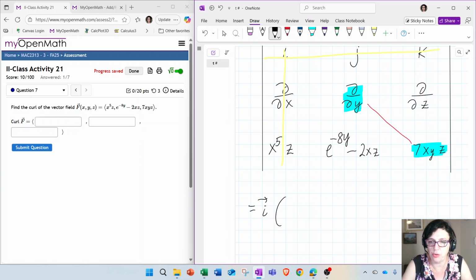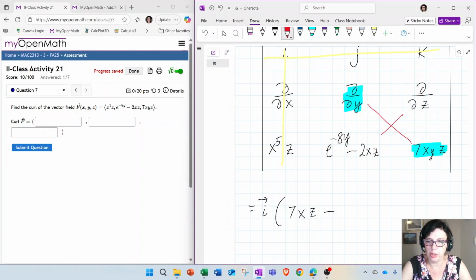So what is the derivative of 7xyz with respect to y? Remember that 7, x, and z are just numbers and they are constant multiples, so we keep them. The derivative of a number times y is just the number. So in this case, it's going to be 7xz. Then we're going to subtract. Usually we say the product of the other ones, but again, this is not a product. In this case, you are actually applying the partial derivative with respect to z to this middle term.